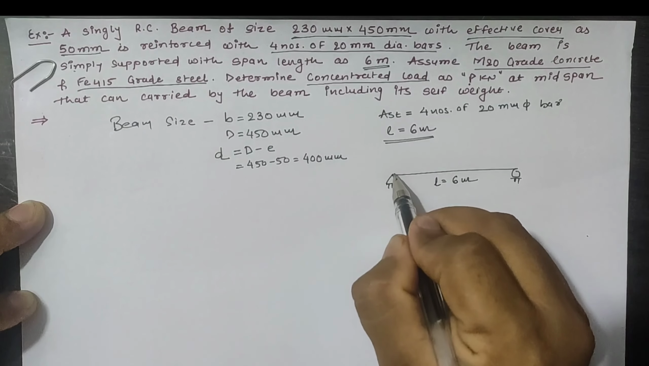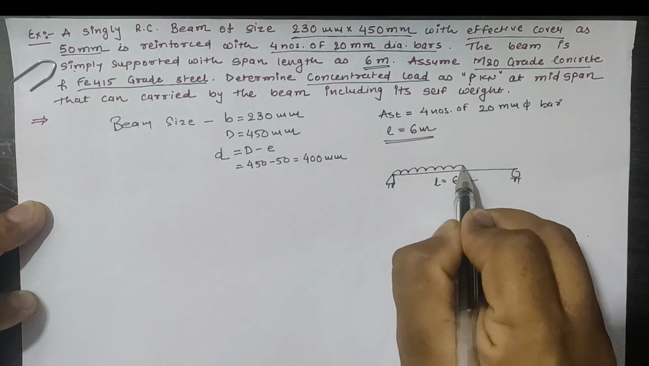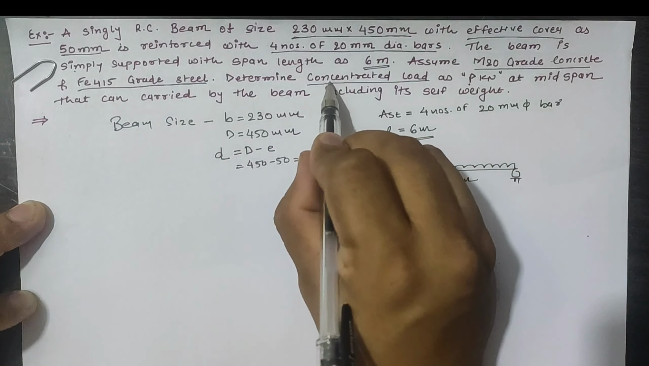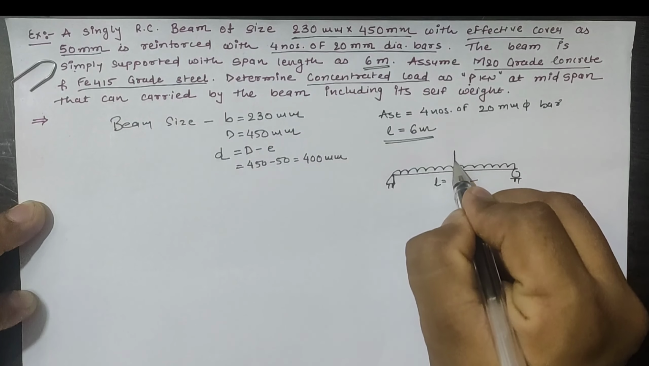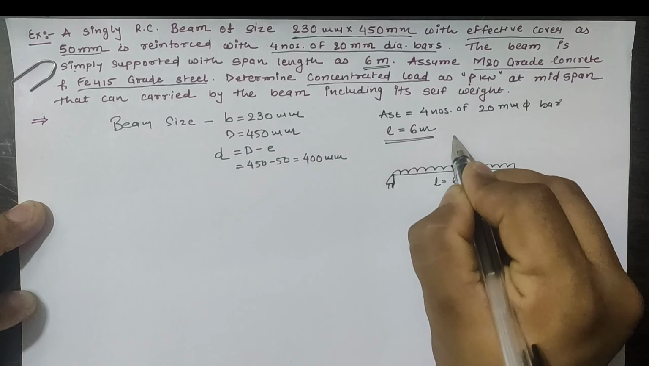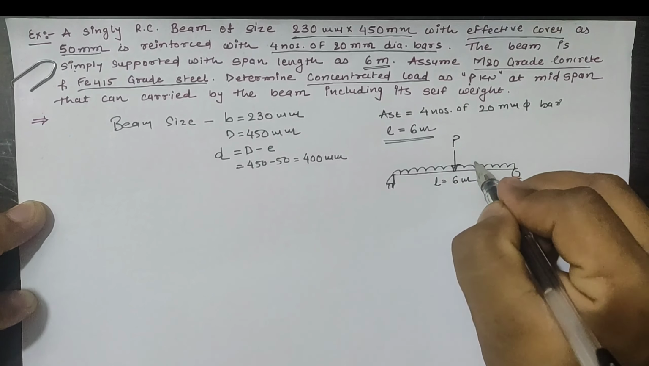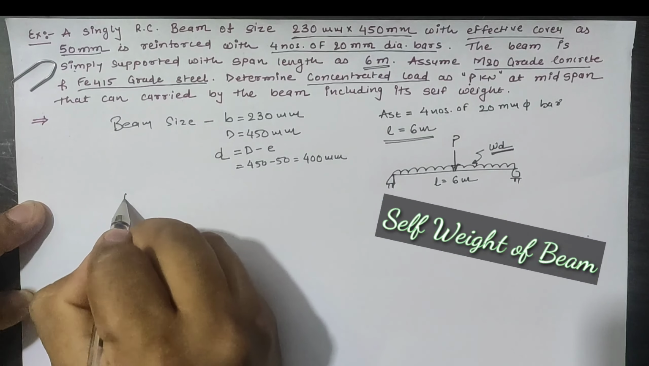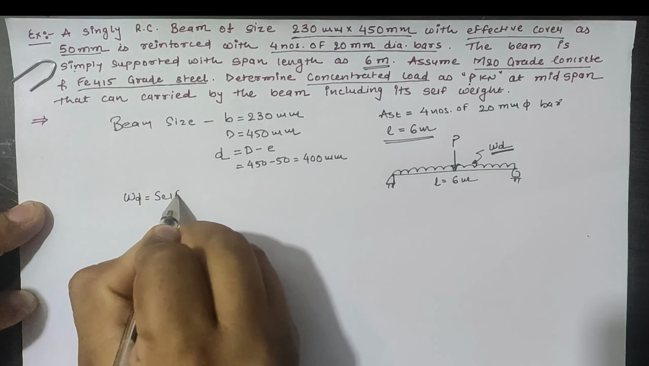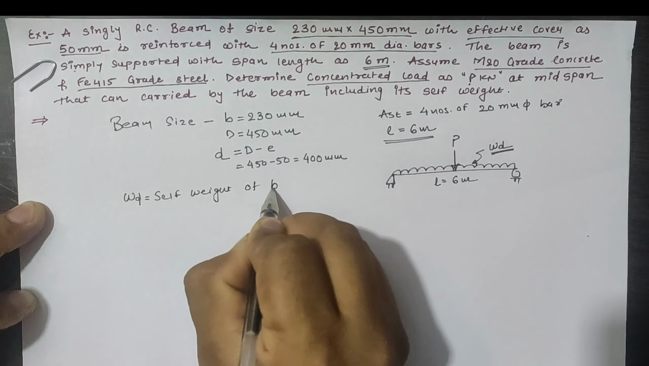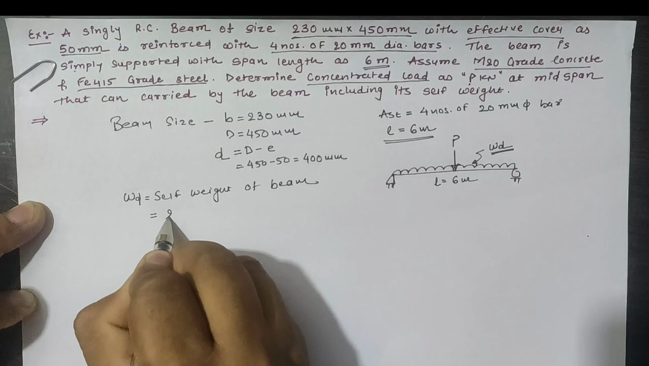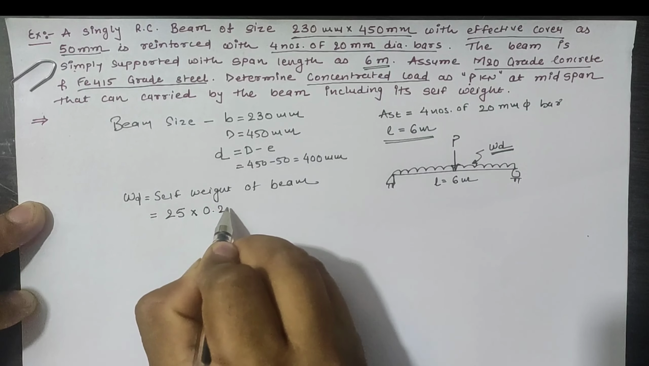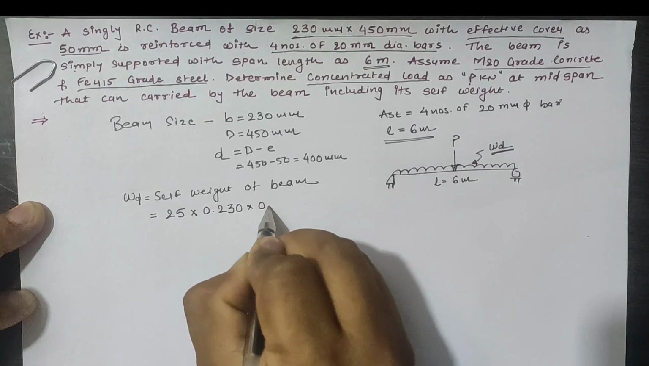if we assume that the self weight, it means that the W as a UDL, and we have to calculate the concentrated load at midspan. It means that we have to calculate the point load at the midspan as a P kilonewton, and we assume that the self weight as WD. So WD can be calculated by density into cross sectional area, which is equal to 230 mm and